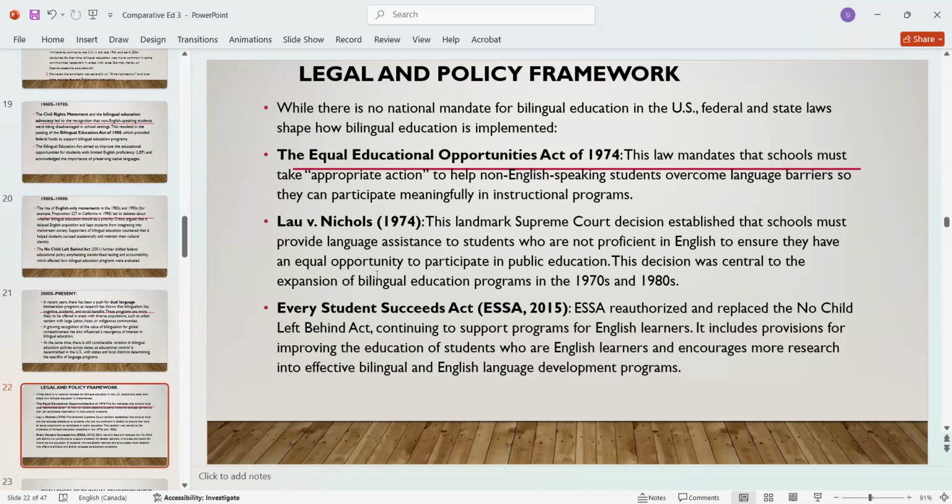And Lau v. Nichols, 1974, the landmark Supreme Court decision, established that schools must provide language assistance to students who are not proficient in English to ensure they have an equal opportunity to participate in public education. This decision was central to the expansion of bilingual education programs in the 1970s and 1980s. Right, so